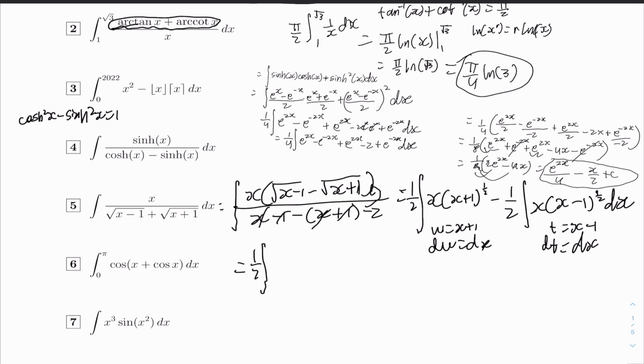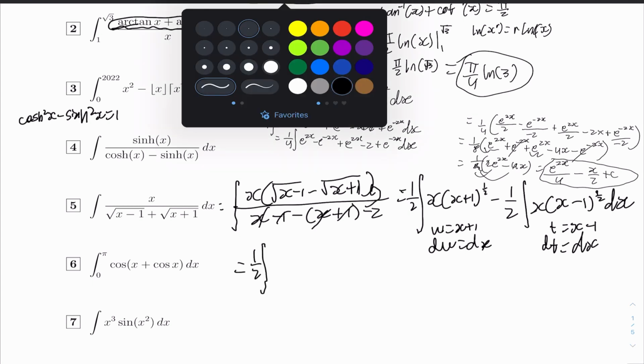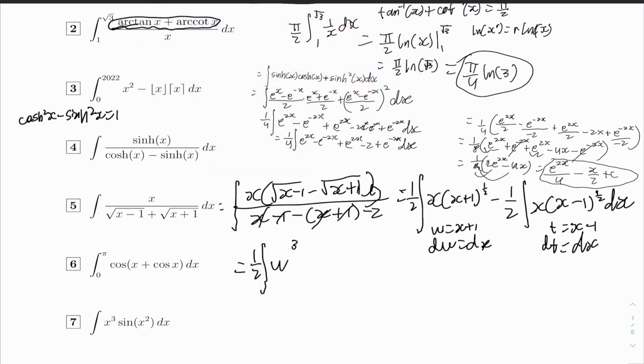So now we can take them to their respective substitutions. So we have 1/2 times the integral now of, and we can do this mentally because we know that x, if we solve for x in this equation, we subtract one from both sides. So x is w minus 1, and x plus 1 is now w. So we have w minus 1 times w to the 1/2 power. So therefore you can distribute the w to the 1/2 power to the w minus 1 term, and you get w to the 3/2 minus w to the 1/2 dw,